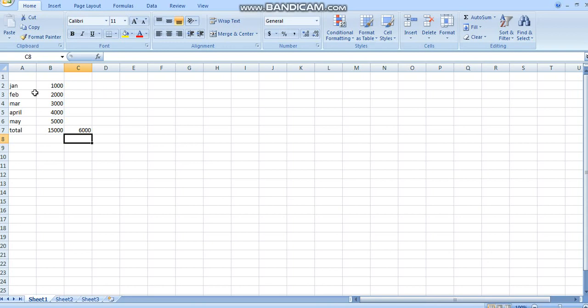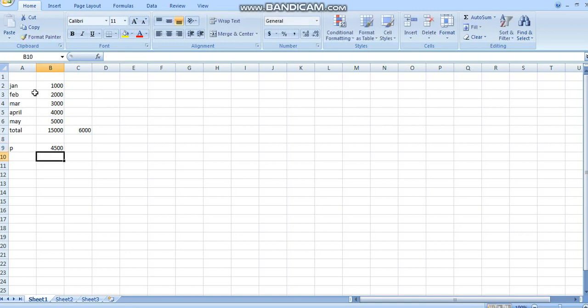Now I'll show you with the help of an example what a compound formula is. If I have to calculate simple interest, what is the formula of simple interest? It is principal into rate into time divided by 100. Now there are two operators, multiplication as well as division. That's why simple interest will come under compound formula. Now I will write the entries here. Let's suppose it is principal. I'll take this principal as 4500.